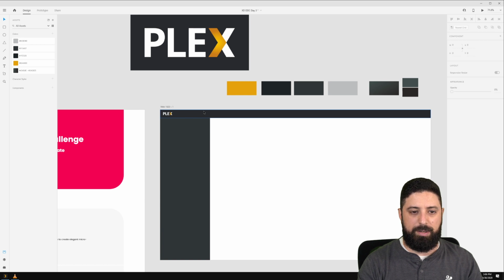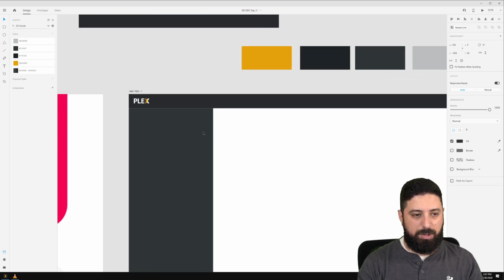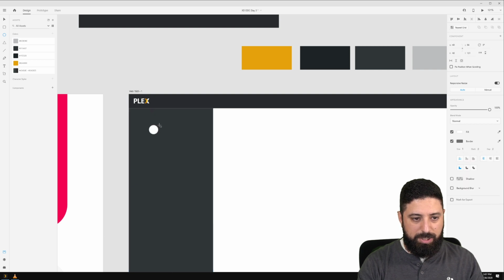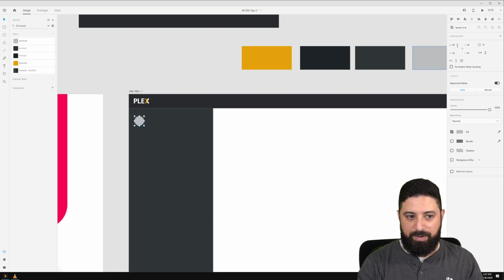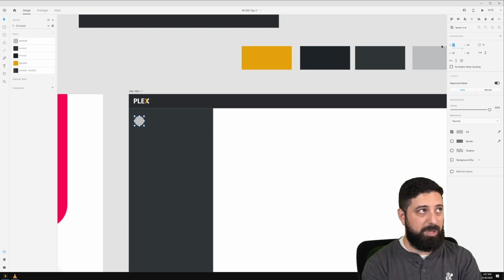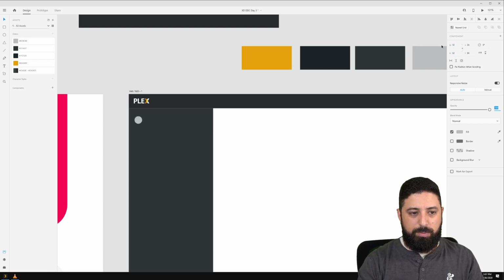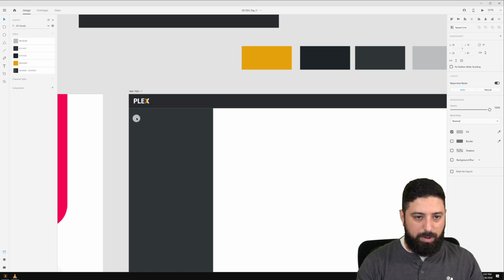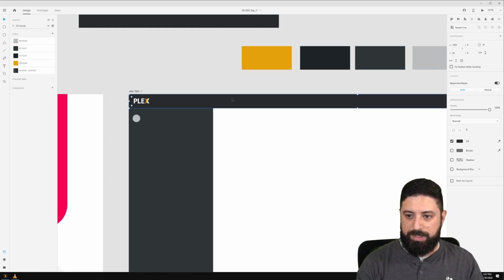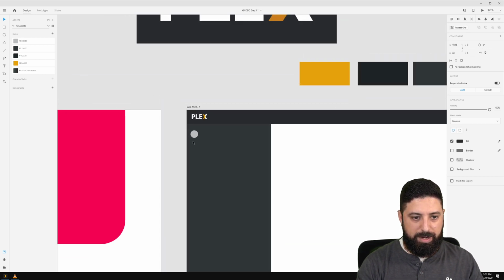In this, I'm going to kind of skimp on the icons at the moment. I'm going to get a circle. I'm just going to do some placeholder icons off the bat. I just want to show that we've got some stuff. I might bring these down in size, maybe 32 by 32 or 24 by 24, again working in that 8-pixel grid system. That's always my personal preference. So we'll do something along those lines.